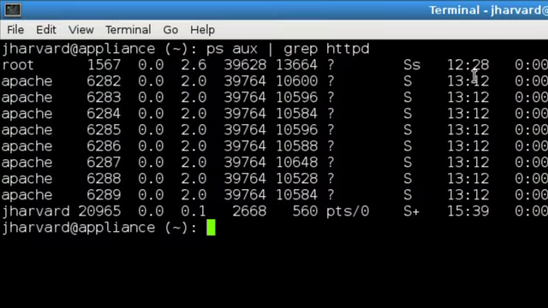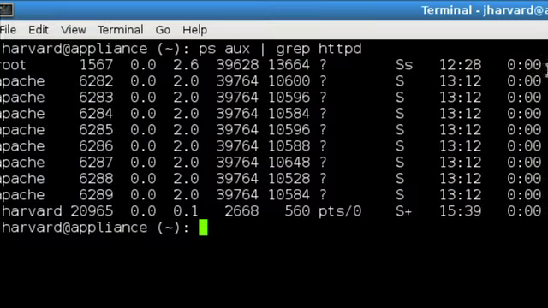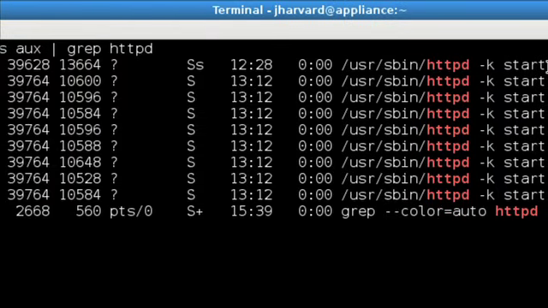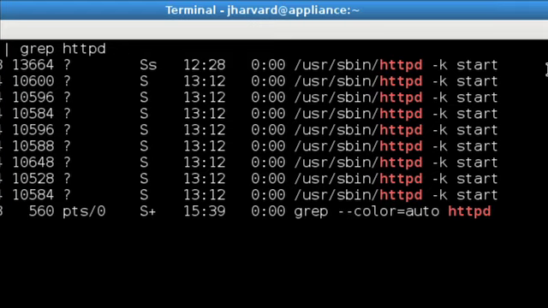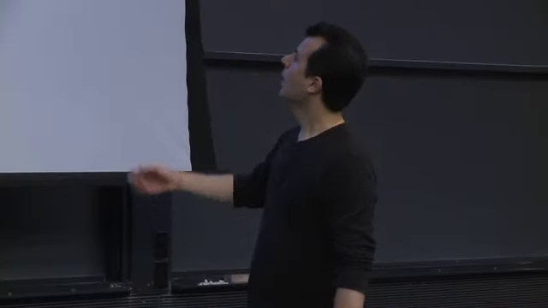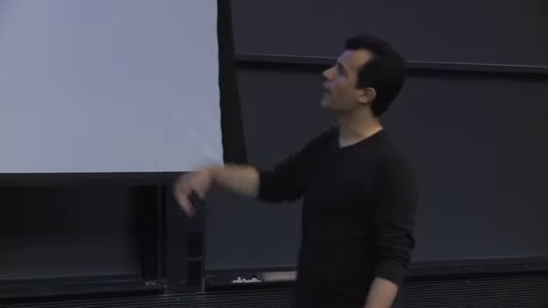And I'm going to hit enter. And what you see here is, oh, I lied. The username that's being used is not, in fact, HTTPD. It's Apache. So in this case, each of these rows says that there's a program called HTTPD running on the system. And that's to be expected, right? The appliance runs a web server. That's how Project 0, Project 1 works in the appliance. There seems to be a whole bunch of them, but more on that in a moment.